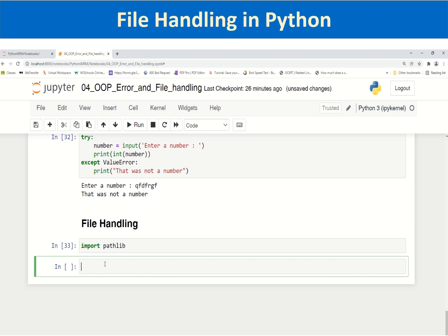Unlike many other third-party modules which we installed in the beginning, like GeoPandas, Rasterio, Pandas, they are third-party packages. They are external. They are part of the external library. Whereas this pathlib is a part of the Python standard library. So this pathlib contains a class called Path to represent the file paths. To create a new file path object, you can create it by passing the string